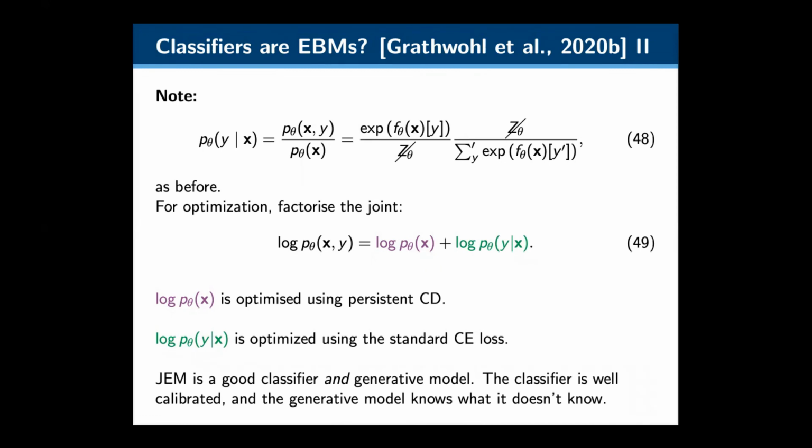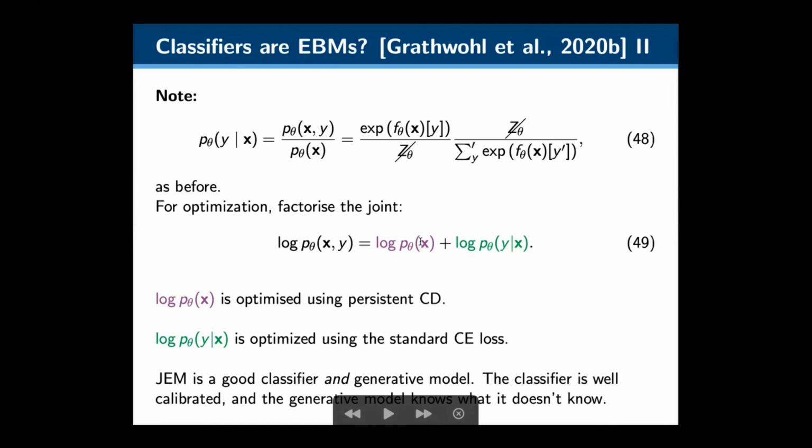The key thing here is that we can treat those logits as unnormalized probability distributions for the joint distribution, and once we normalize those, we can then marginalize them to get the distributions for X. And this lets us do some cool training, which combines the classification training and the EBM training. So we're basically learning the joint distribution of our data X and our labels Y by doing persistent CD,